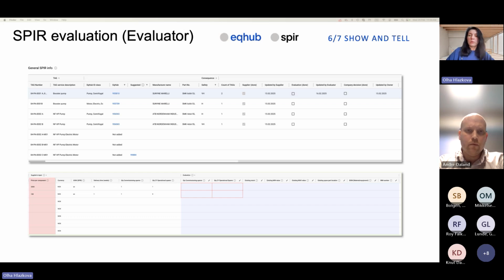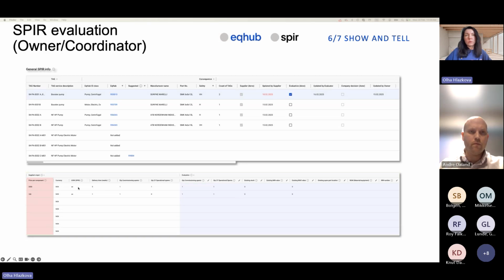This information can be provided by the evaluator for a person who will make the company decision afterwards for this particular equipment, which covers one or more tag numbers in that package. So this is the view in the bottom table where the evaluator provided information, the quantities. Nothing is highlighted in red. That means that this particular evaluation of this equipment can be checked as done on the top table by ticking